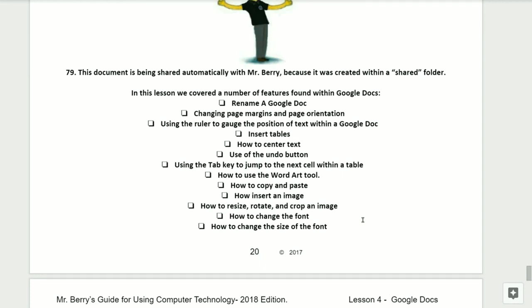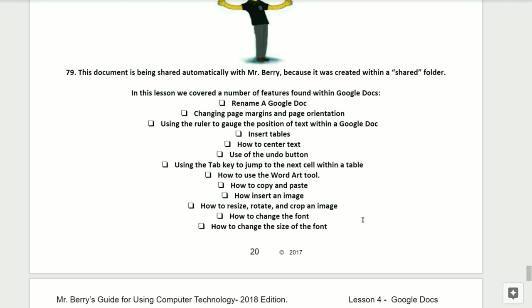In this lesson, we covered a number of features found within Google Docs. We went over renaming a Google Doc, changing the page margins and page orientation, using the ruler to gauge the position of the text within your Google Doc, inserting tables. We learned how to center the text.